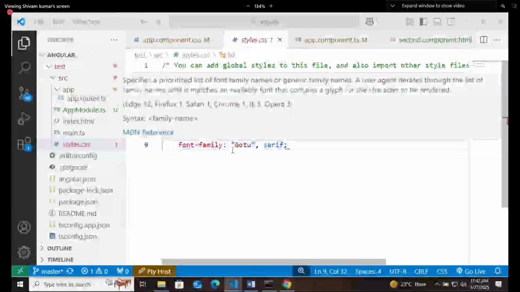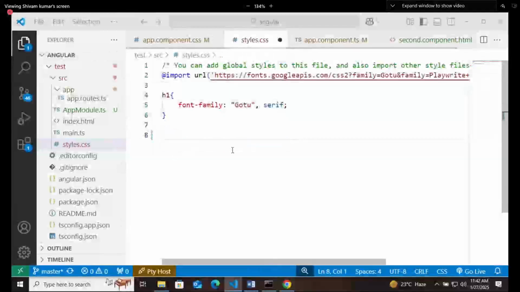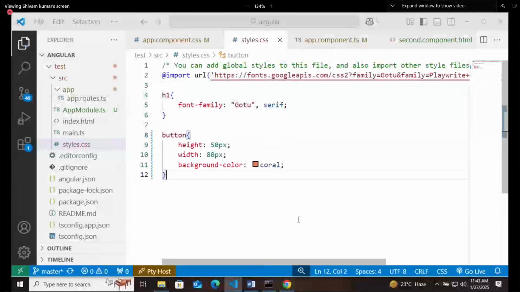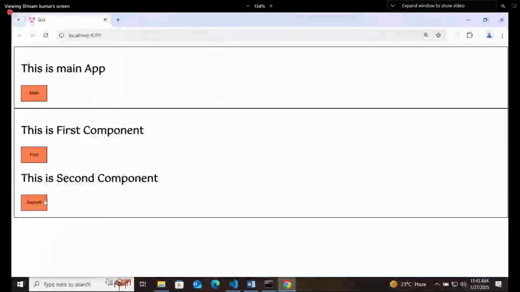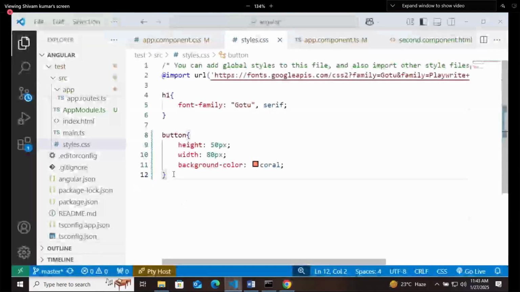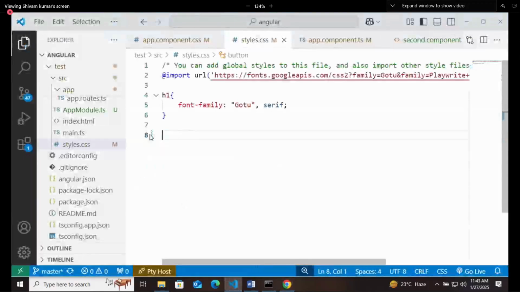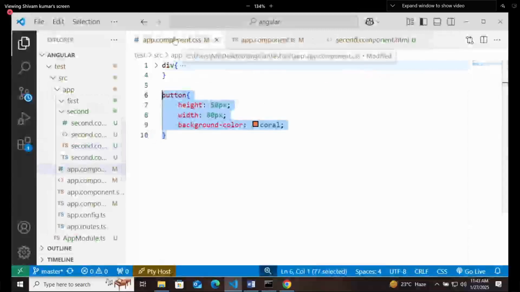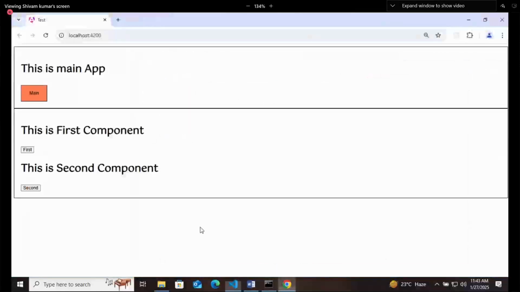After writing it to the global CSS, you will see that all the buttons are having the same properties, same height, width, and background color. But there can be more buttons that you don't want in this design. So giving something to universal CSS is not a good practice. That is why we are trying to give it to the app component,